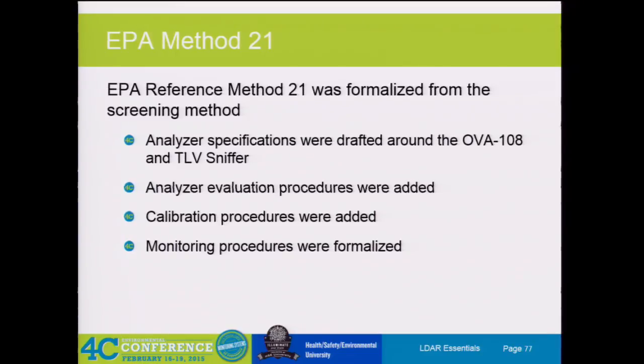Alrighty, y'all. So with this one, we're going to talk about EPA Method 21. Who has been around long enough to even know what an OVA is? Okay, there's two of you. Most folks don't know what that is, but when Method 21 was written and developed, it was actually based on the OVA 108. When you start reading Method 21, which you guys all know, I would hope,